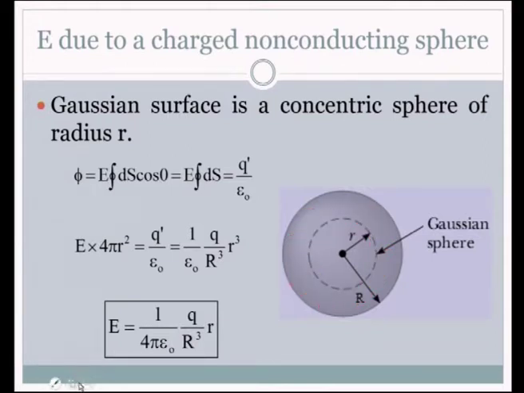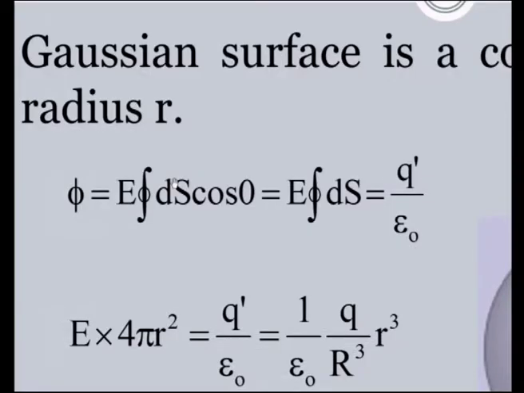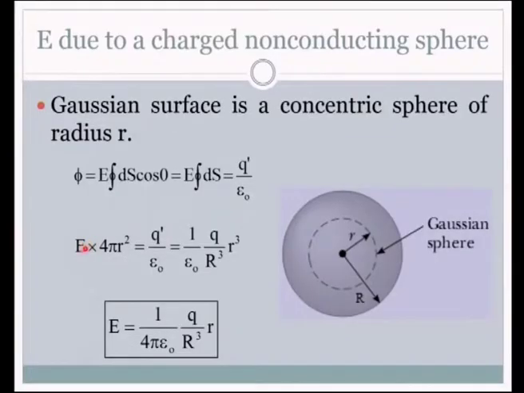We have the Gauss equation in front of us. The Gaussian surface is the concentric sphere considered inside the sphere. So, the electric field is constant and this is the elemental area. The angle between E and dS is 0, cos 0 is 1. Because the electric field is constant, it is taken outside the integral sign. And we have q dash here. The q dash is the charge enclosed only by the Gaussian surface. This is not the total q, it is the charge enclosed by the Gaussian surface alone. So, now the formulations are done like this.